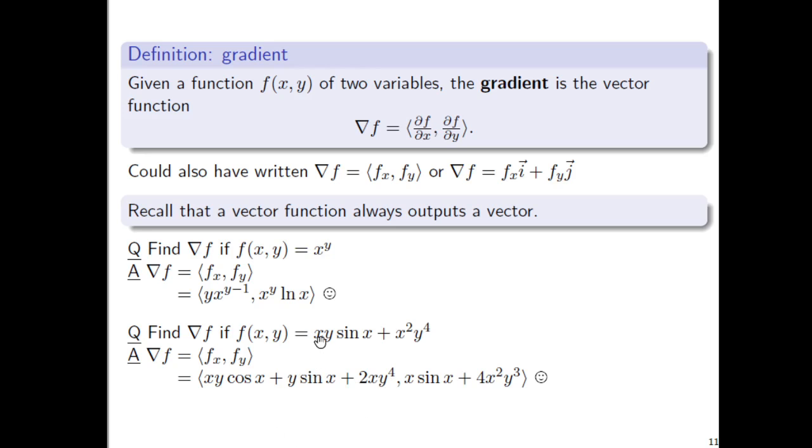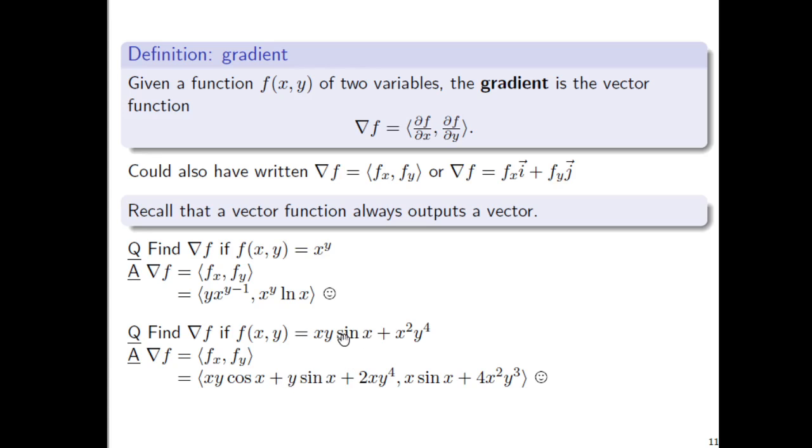Let's go through it, right? So we're going to need to apply, just for the first term, there's an x in what's a product, and it's a product that has the variable x in both parts. So we need to apply the product rule, right? So first times derivative of second. Okay, so that's why we have xy times the derivative of sine of x, which is cosine of x, plus the second part